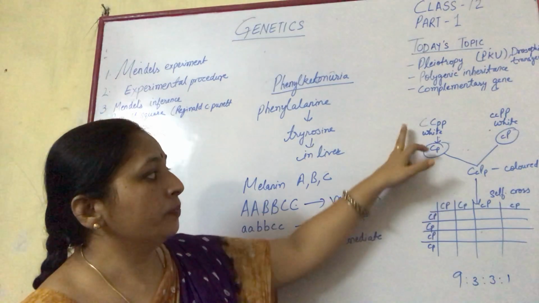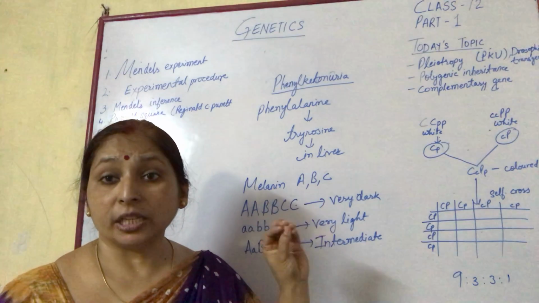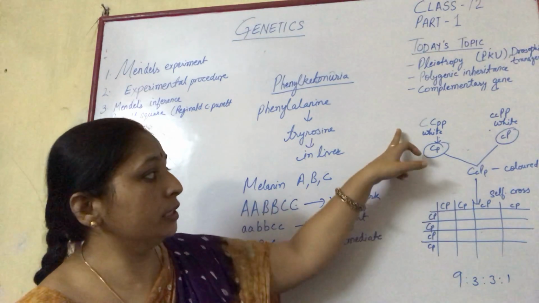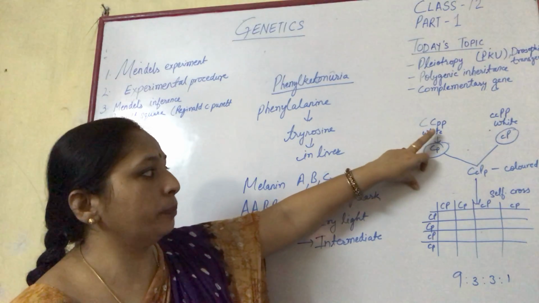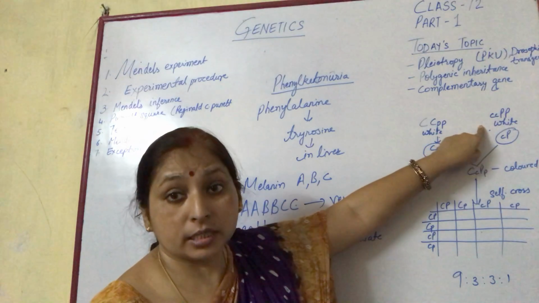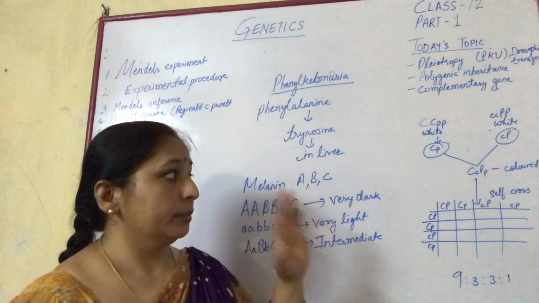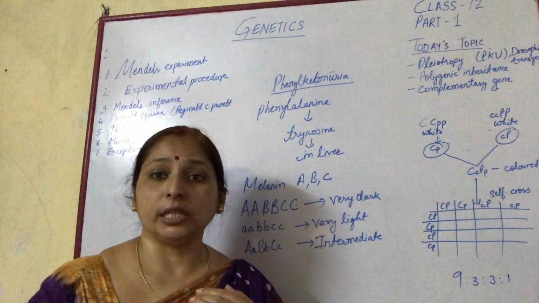For example, if C and P are the genes or alleles responsible for the color of the flower, if C is in a homozygous dominant condition and P in a homozygous recessive condition,